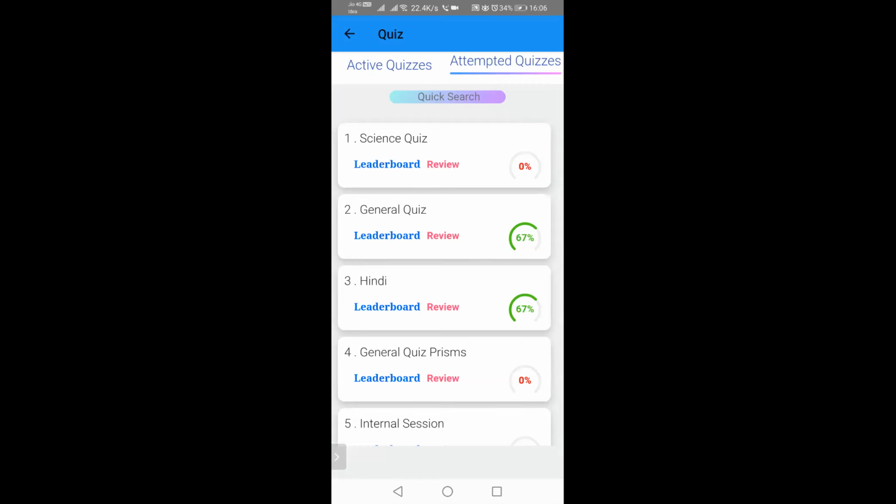Can we use an image as an answer or in any question? Here there's no option to upload images or anything. It's just simple MCQ based. Because if they upload an image, then your work will increase. You would have to check the image and download it. So if you want them to upload anything, then you have to go for the assignment module.